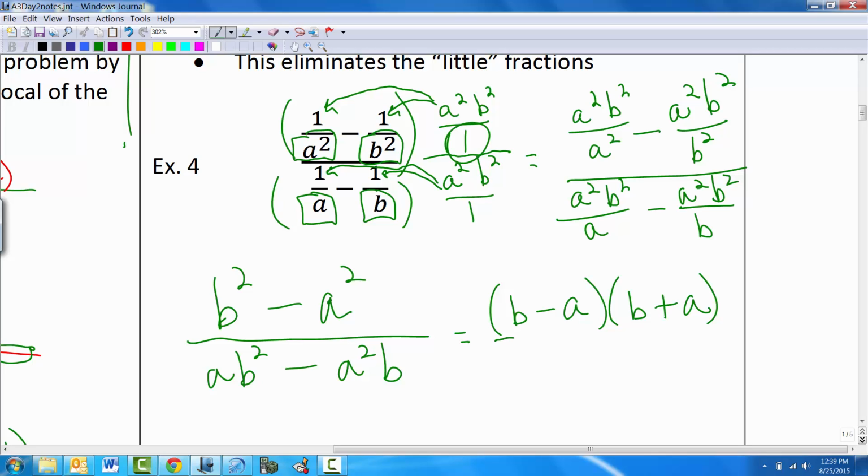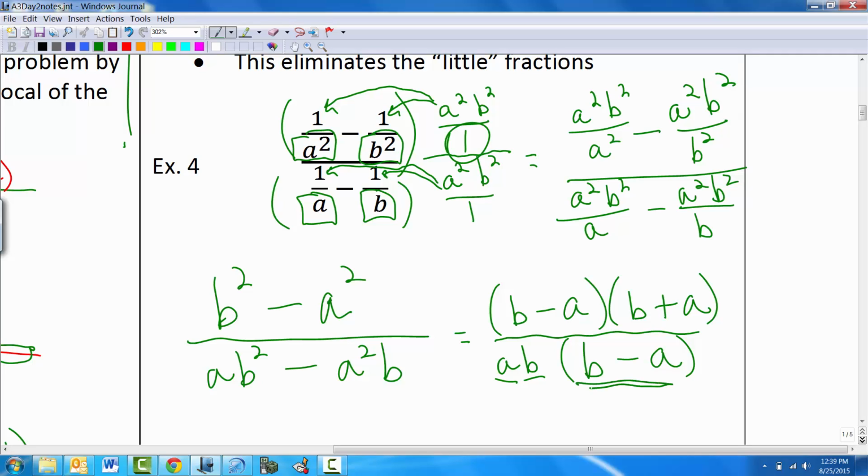How about the denominator? What kind of factoring can happen in that one? You can pull out more than an A. Good start. You can pull out an A and a B. If I pull out an AB out of this, what's left? A B. And then if I pull out an AB out of this, what's left? An A. And then lo and behold, before you cancel though, obviously A can't equal 0, B can't equal 0,